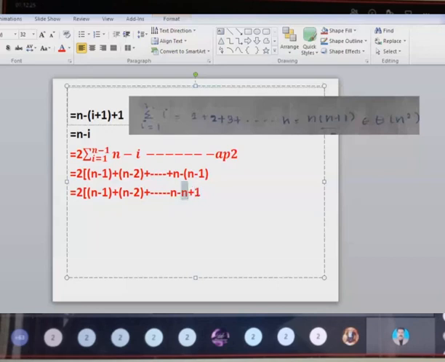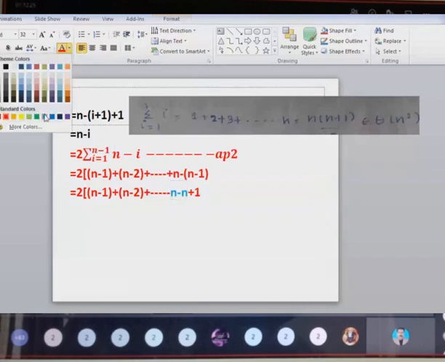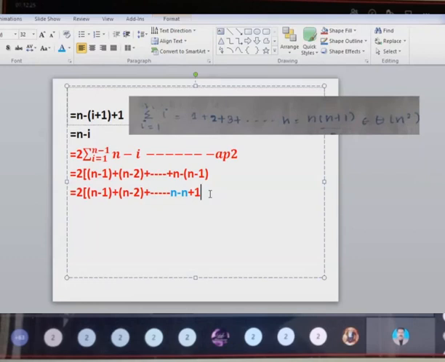Now cancel this minus n plus n, right? Cancel minus n plus n. Remaining term is 2 within bracket n minus 1 plus n minus 2 up to 1, right? Now,